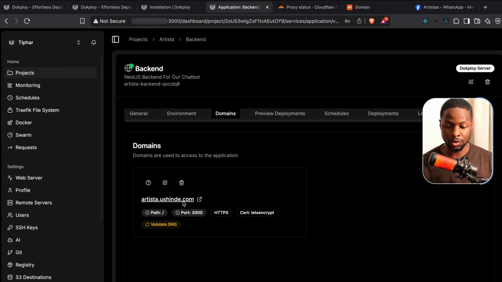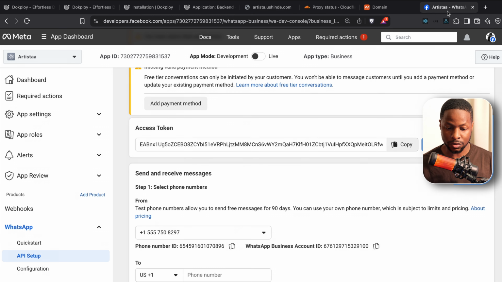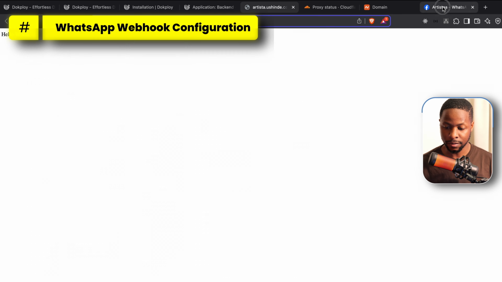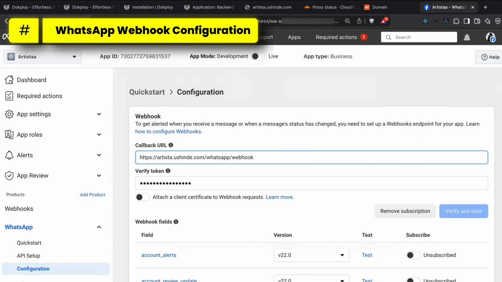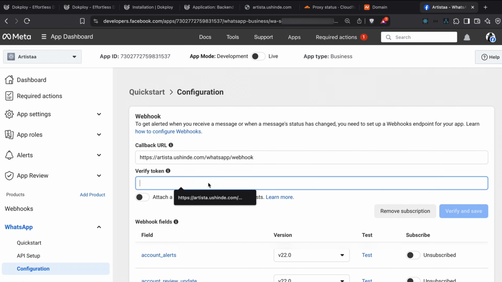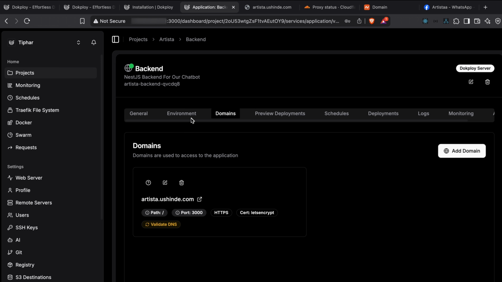When you click the domain, you'll see that we can now access the application on our subdomain. Let us go to the Facebook for Developers platform so that we can configure our webhook. We take our subdomain, put it here. This is the URL where we are listening for incoming requests from WhatsApp. Let's say if someone contacts our bot, then this is the URL where everything gets sent to. So it's also the URL where the WhatsApp webhook verification is being done. Then we need to supply the WhatsApp webhook verification token, which helps WhatsApp authorize our server.